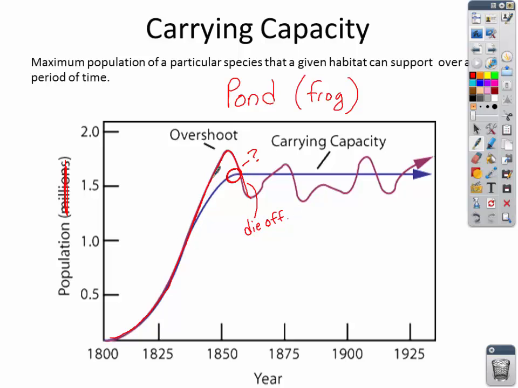So in nature, you'll have what's called an overshoot and then a dieback. And then you'll have another overshoot because there's more food, and then there's not enough food. So in nature, you'll have this fluctuation. Nevertheless, there's some number out there of frogs that the pond can handle, and that's called the carrying capacity of